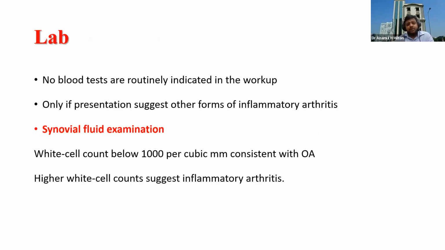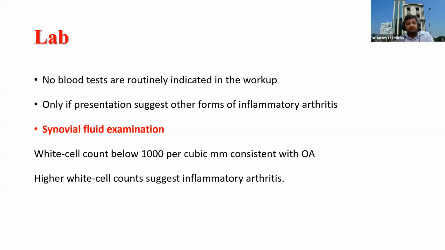So in the case of lab investigation, usually we do all routine investigations, because we have to exclude whether there is any inflammation or synovitis or not. So it is better, if there is any collection, to always consider synovial fluid examination. If the WBC count is very high, or there are any pus cells, you should exclude these things. Another very important thing is lab examination like CBC, CRP,